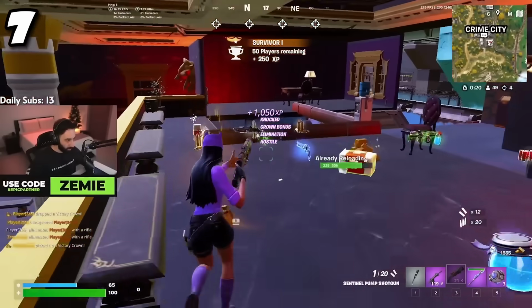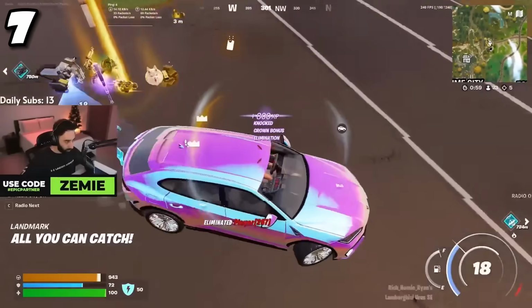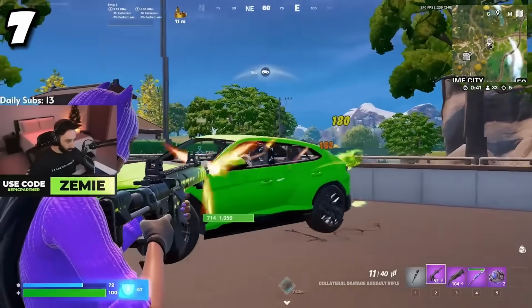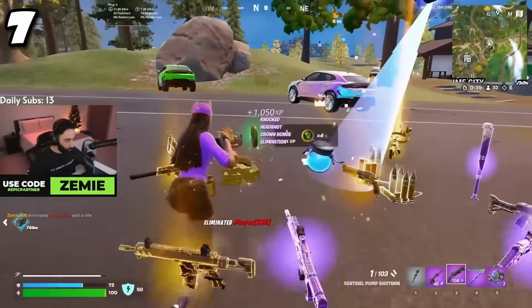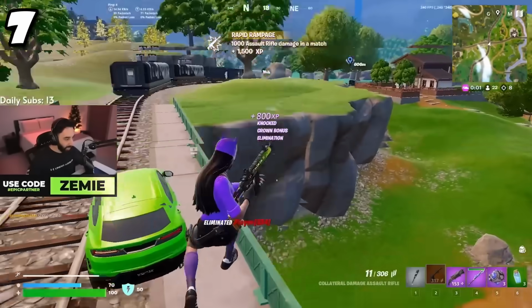And I've got a couple things to say about this weapon. Look, the Collateral Damage Assault Rifle is not a good assault rifle. I have this argument with you guys in the comment section sometimes, and it just doesn't have a place in the game. Its only use is if you treat it somewhat like an SMG, because at assault rifle ranges, it's